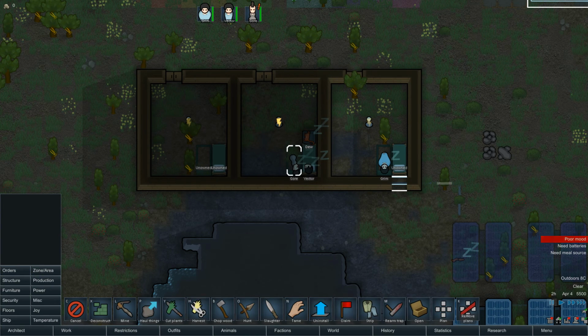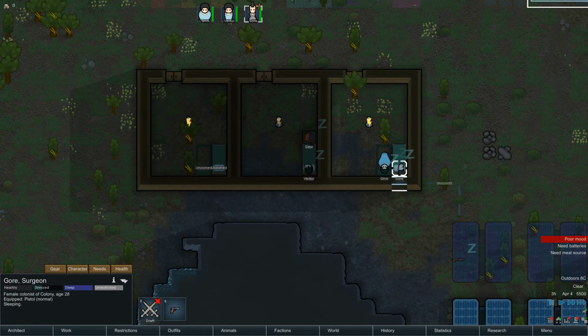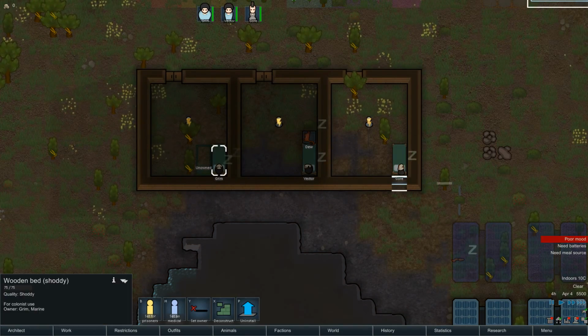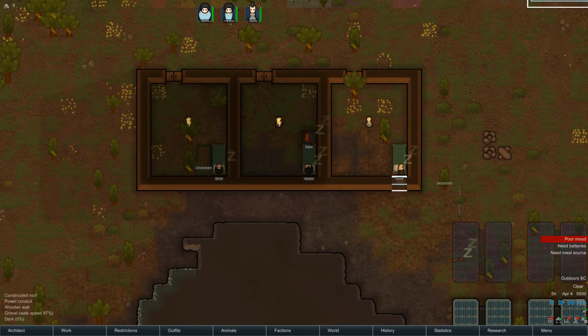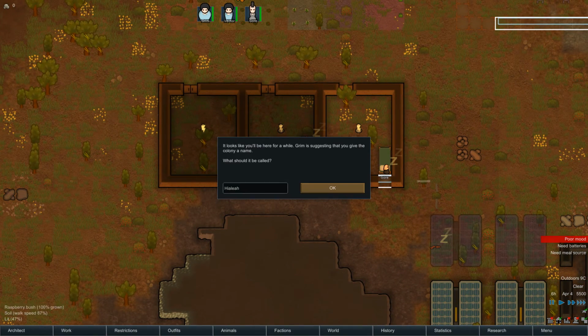Where'd they put the deconstruct button? Oh, okay, the icon changed. There we go. Where are you going, Gore? Okay. Okay, everyone has their own room now. Get rid of that. And...